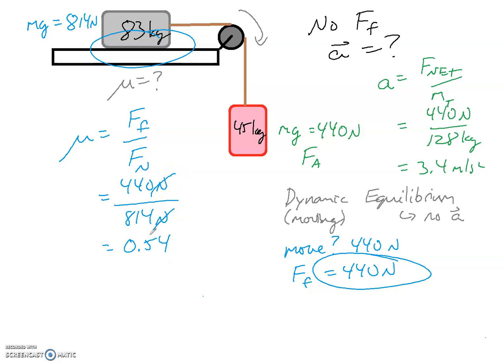So a coefficient of friction of 0.54 would allow this thing to be in dynamic equilibrium, still moving but not accelerating. Any higher coefficient at all, this thing would not be moving at all. And any less of a coefficient of friction, it would move, but it would also accelerate. Not accelerate at 3.4, because that's with no friction, but somewhere between 0 and